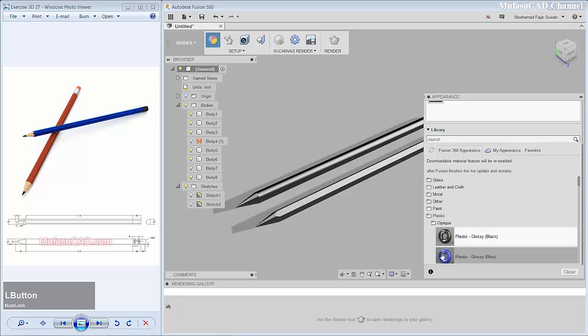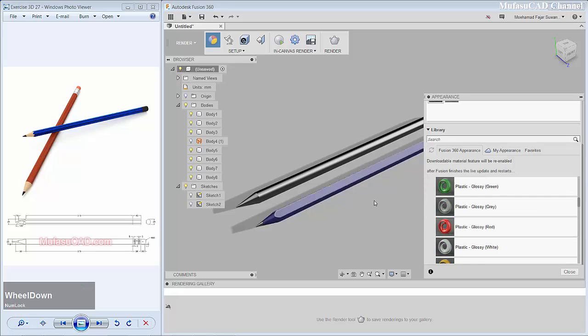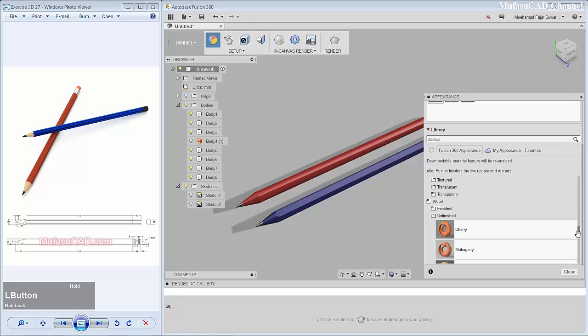Okay, I will use blue material here. Can select this body 7 object and drag and drop to this object. Okay, I will give red material to this object, and I will use wood material here.